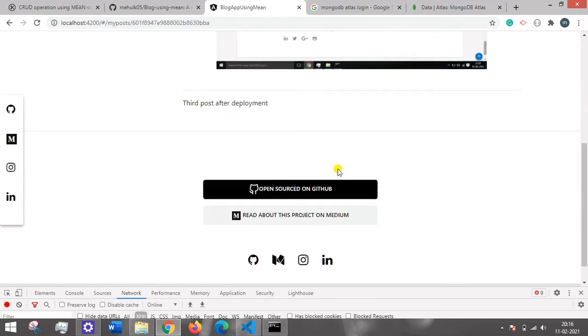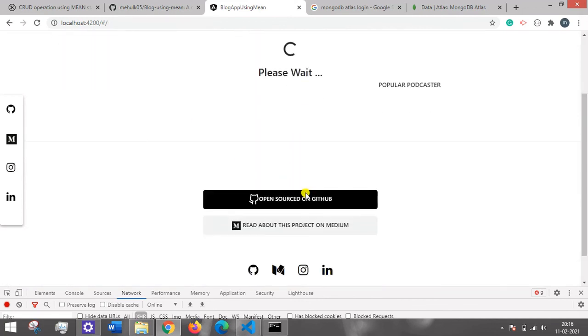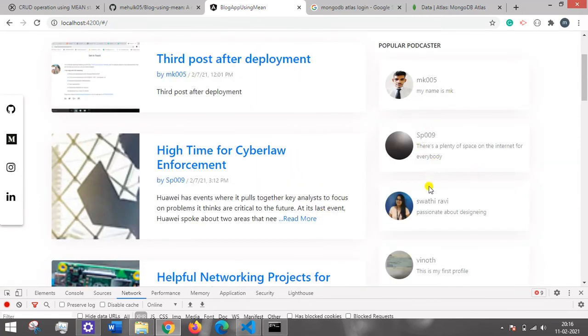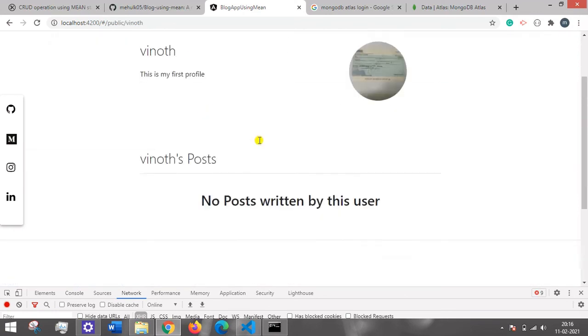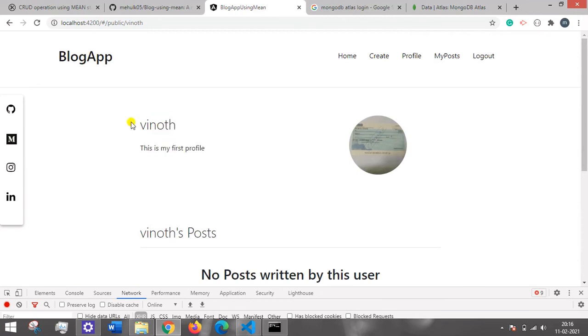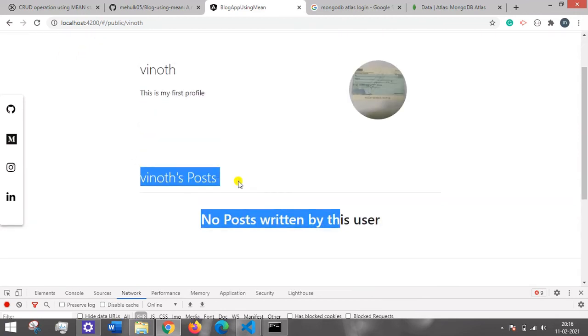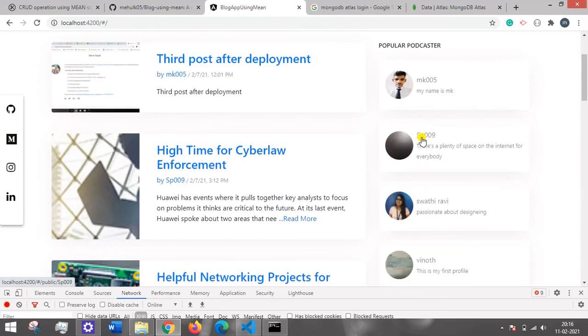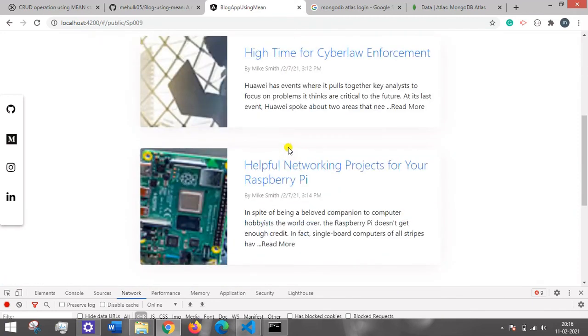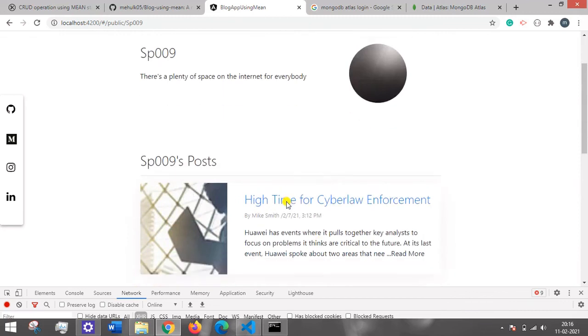If you want to visit somebody else's profile, you can click on their profile. Let's visit this Vinod. This user has just created his profile, but so far he has not written any post. Similarly, you can go through SP009. This user has created 2 posts, you can see, and his profile is here.